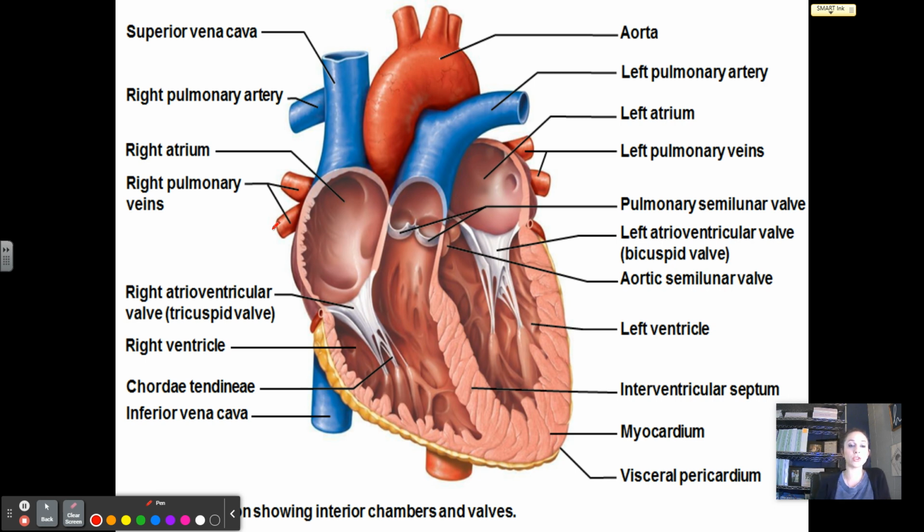Okay, so the first technically two structures. If you have a piece of paper and you want to write this down, or you've got a Google Doc, you can go ahead and type this up. There's 12 or 14 different structures that you're going to have to know the order in which the blood is going to interact with these structures. So the very first, technically first structure is